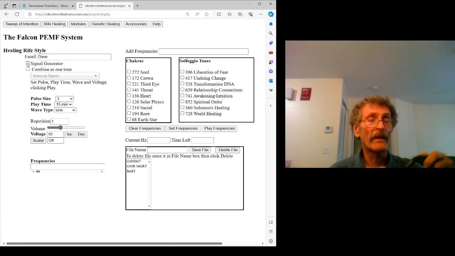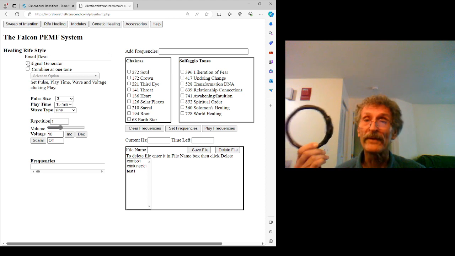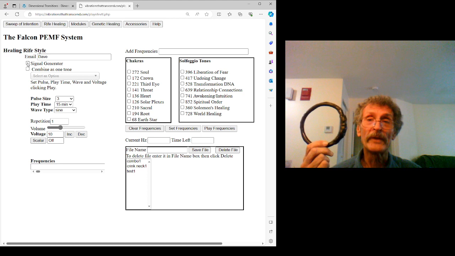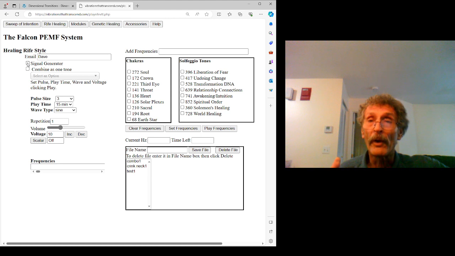Now, when you use a signal generator, you can use it for sound, but basically, if you're going to use it for other purposes, you want to have what's called PEMF devices. This is a ring that is attached to the signal generator and sends out a magnetic impulse that penetrates through your body, so it sends the energy impulse that way. I also provide mats. Spooky2 also offers many accessories that work well with the signal generator, so you can use those accessories if you want to also.